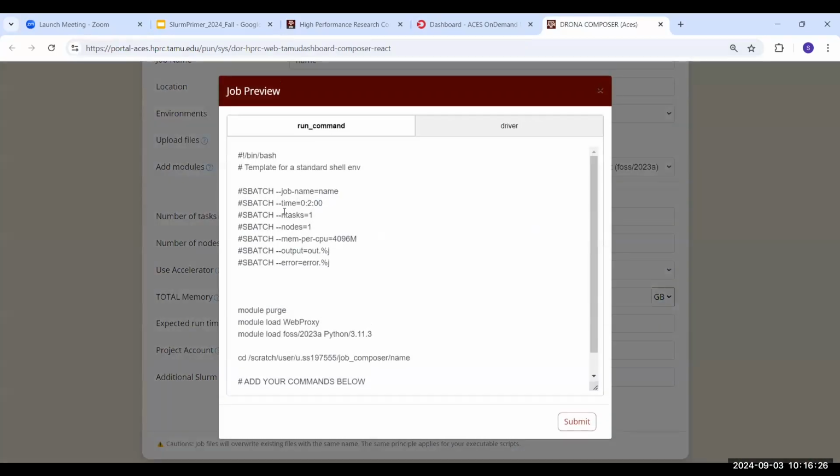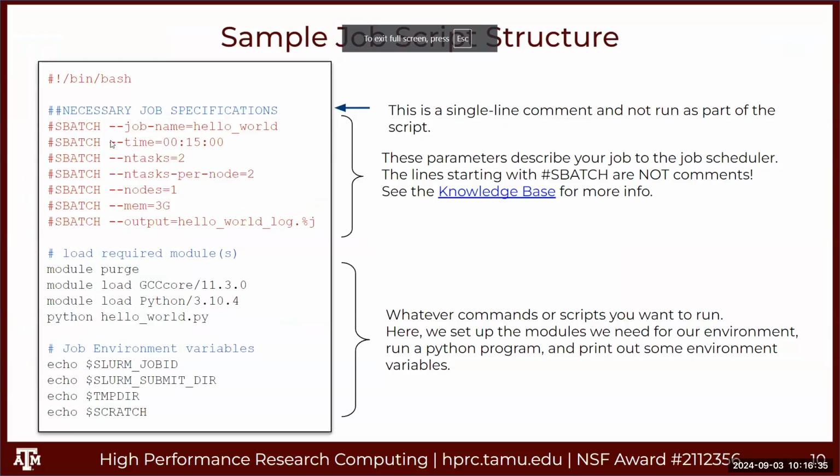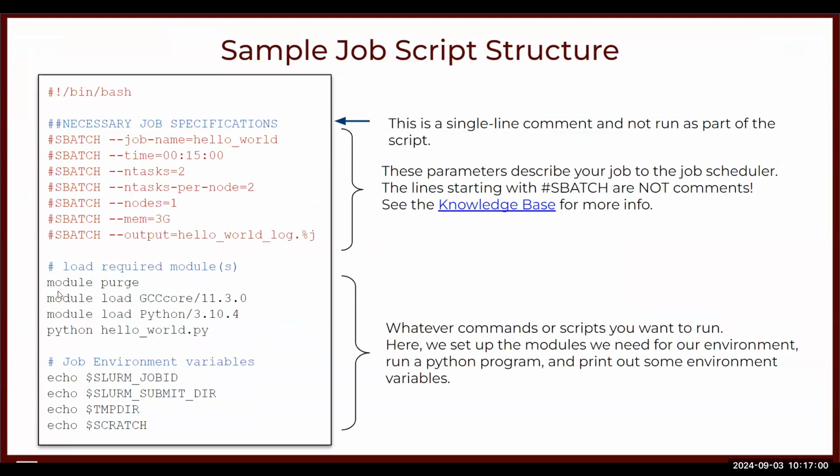Yes, 2 minutes. And it appears right here. And right here, they specify the number of tasks to be 2, tasks per node to be 2, and nodes to be 1. And they specify their memory to be 3 gigabytes. And this is where their output will appear. So this is where the modules we added will appear and our commands. You can find more information on this on our knowledge base, which is